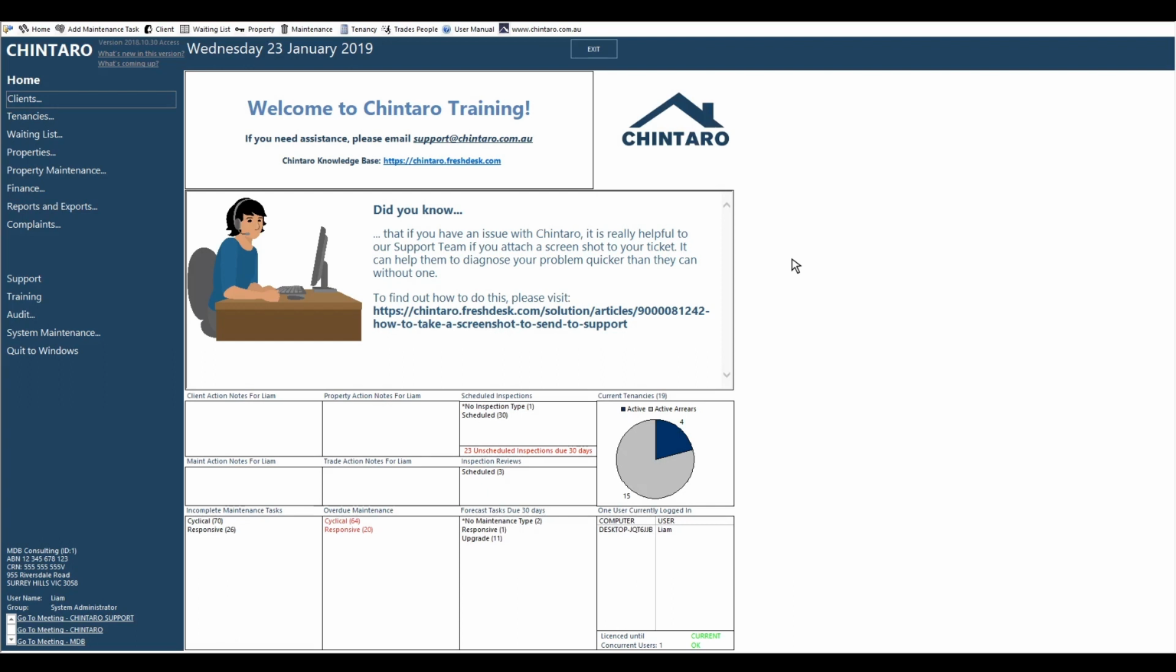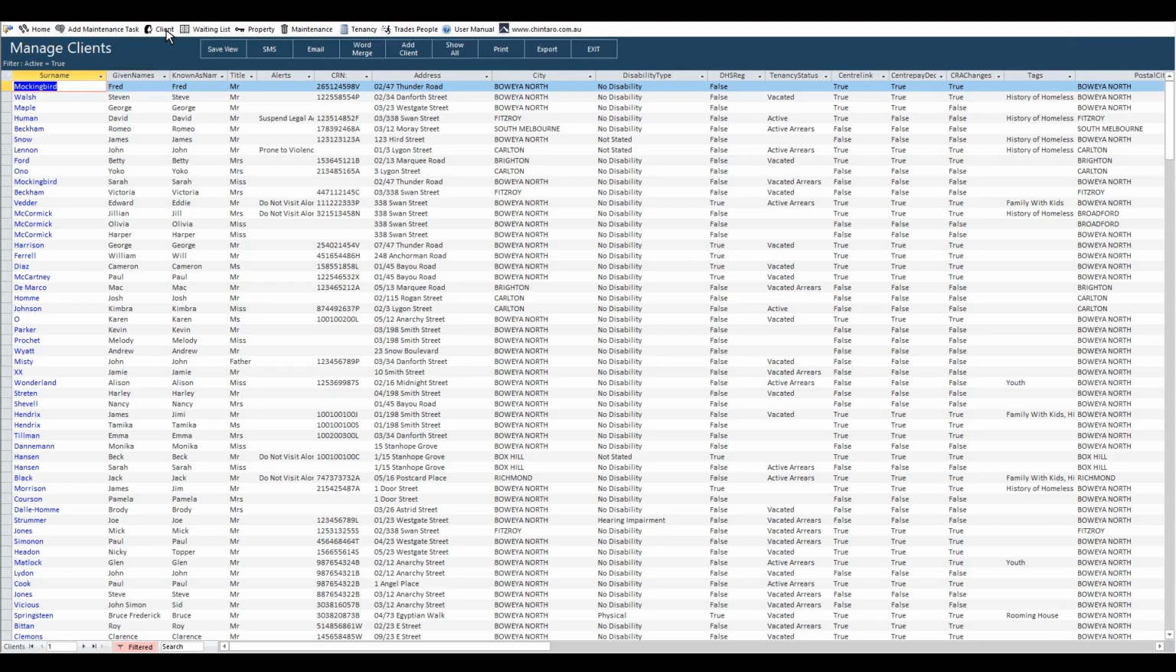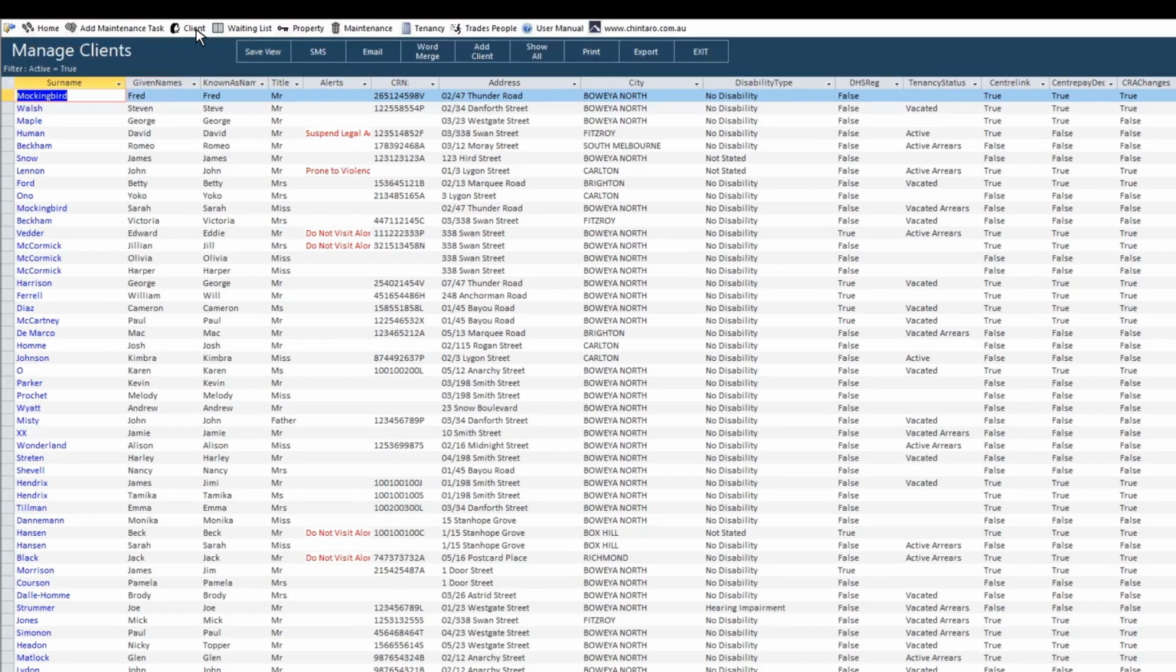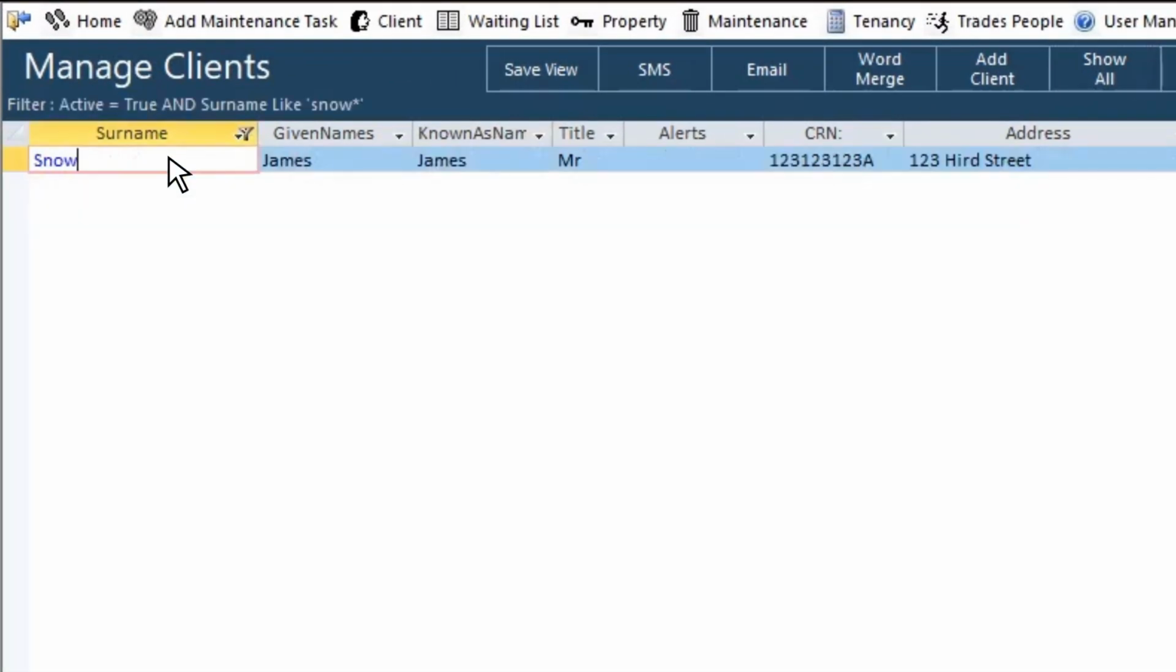When we're setting up a household, we first need to have one client allocated as the primary tenant. We click on Clients in the toolbar, then search for our client using the surname column. We'll begin to type a few letters of his surname, in this case Snow, and double-click his row to open